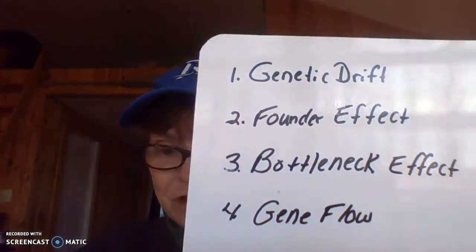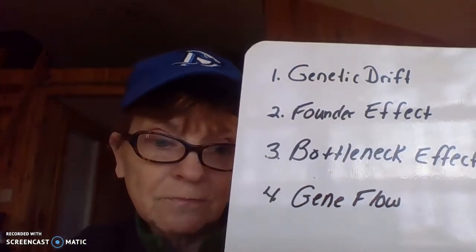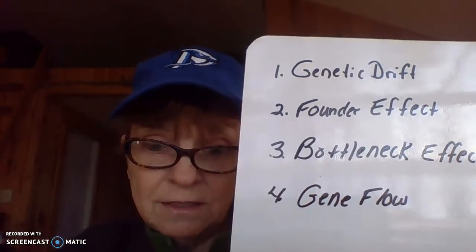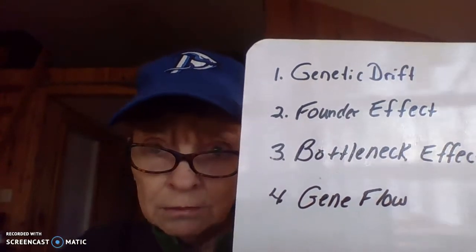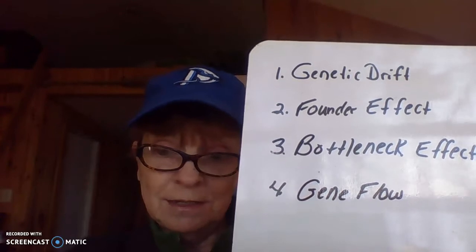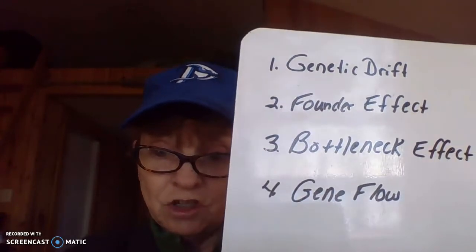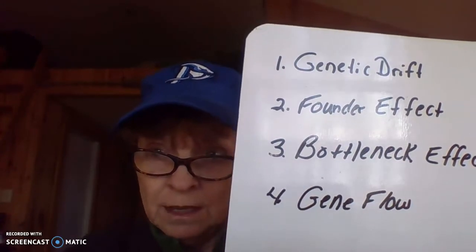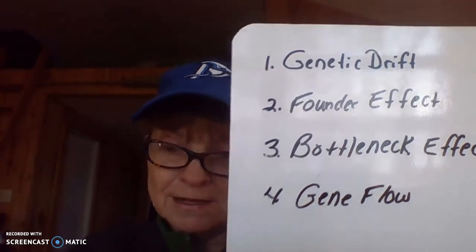So again, genetic drift is when we have chance events. The founder effect is a limited population on purpose, often causing a gene mutation. And then our bottleneck effect is the one that's by chance again, but it's not considered like genetic drift, where